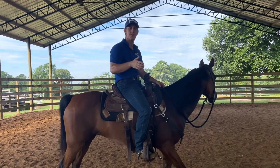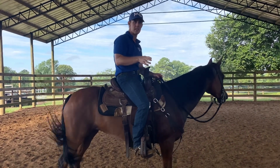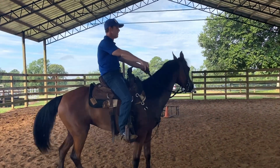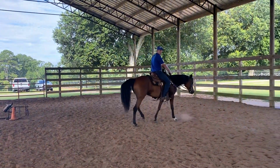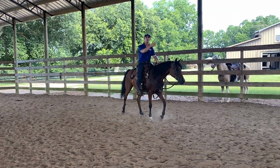Pro tip, if she tries to run off, which means you look at that mounting block per se, and she keeps passing it, this is what people will do. They try to turn, she keeps going straight, so they look at the horse. Well, now the horse is definitely going forward. Keep your eyes on where you want to turn. The further you pass it,